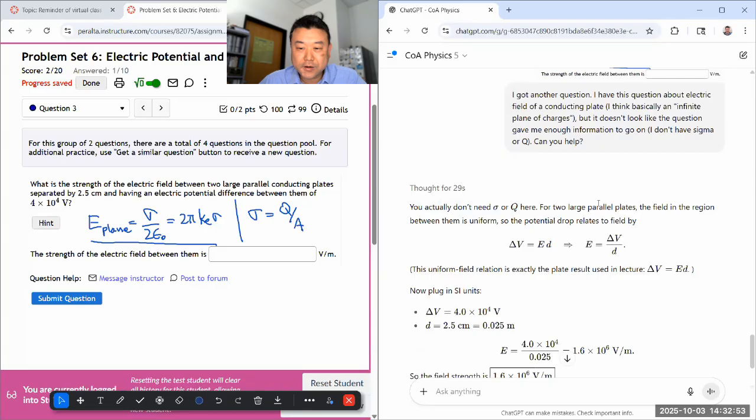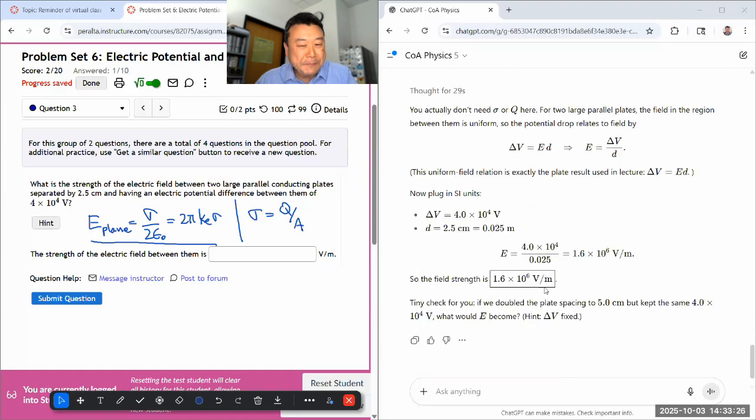Yeah, for two large parallel plates. And in fact, as long as you can say that it's uniform, they didn't have to tell you that it's parallel conducting plates. Although that makes the setup easier because then there's a potential difference to specify. It could have been a single plate. Someone could just specify potential difference between two different positions in space. But yeah, this is the expression that you are using. I think that it shouldn't do that, just giving you the answer.